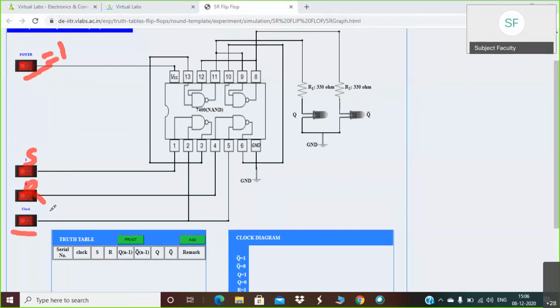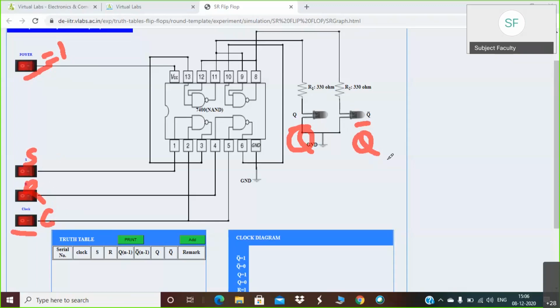Okay, I will just write C here. So this is S, R, and C. These three are the inputs, and on this side, two outputs are there. It is Q and this LED. Two LEDs are there actually. One LED is Q and the second LED is Q bar.